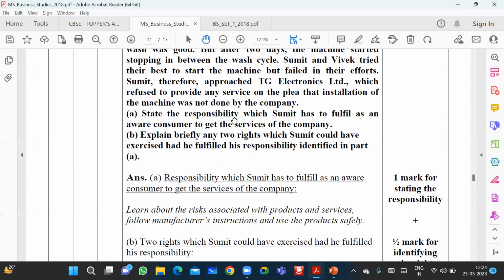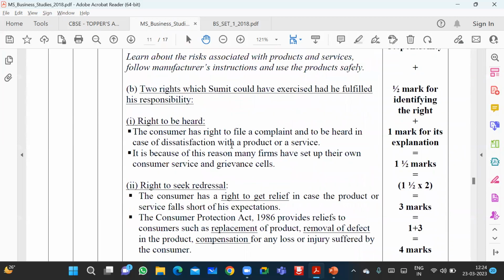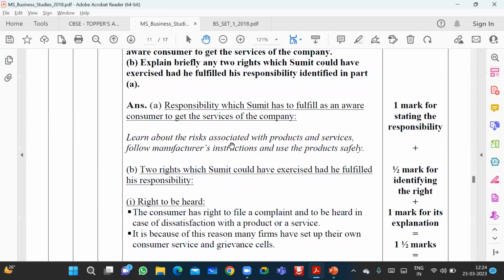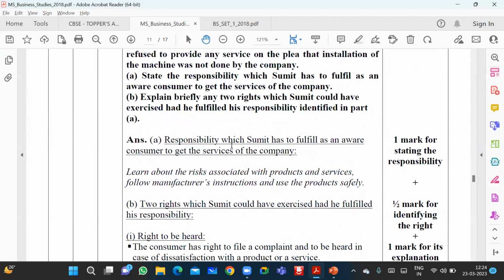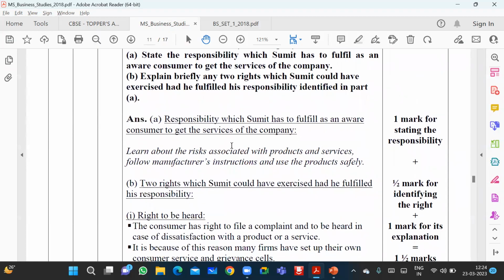So for answering this question, you have to go through the entire case study. And let's see how many marks there are. There are 4 marks. The first part is 1 mark for stating the responsibility, and then 3 marks are left. So then you have to identify two rights: half mark for identification of the right, and 1 mark for the explanation, into two, that is 3 marks. Let's see how the